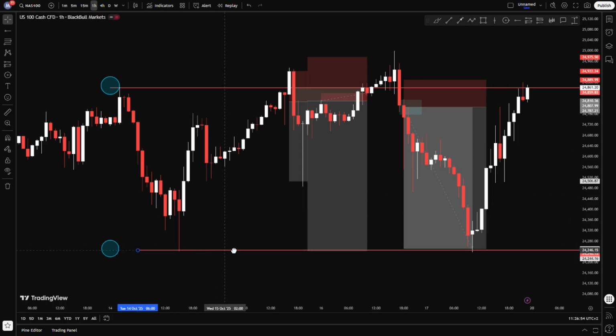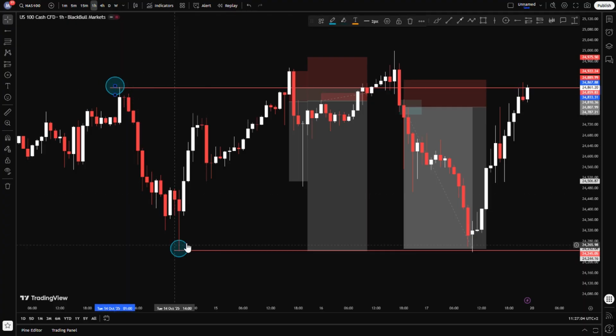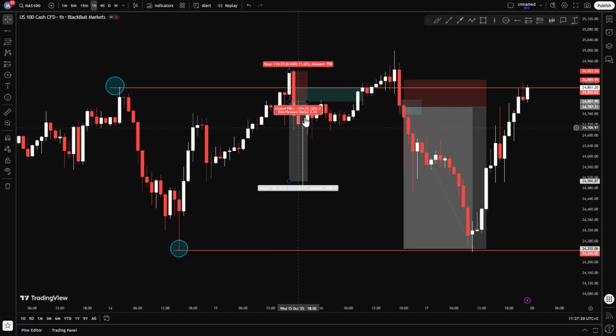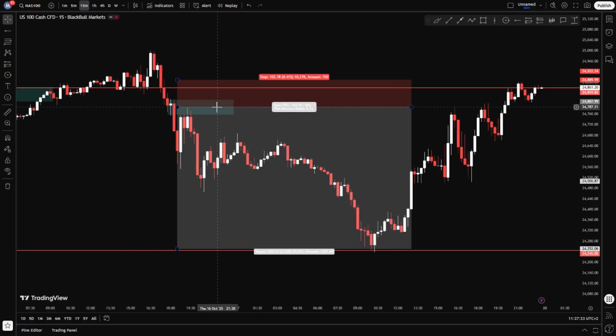Okay, let's adjust our levels right here. So we still have the high at the top and we have the low right here at the bottom, right? So now we see that price pushed nicely to the upside right here. Price pushed nicely to the upside and then reversed back into the range, right? So now if we go on the 15 minutes,